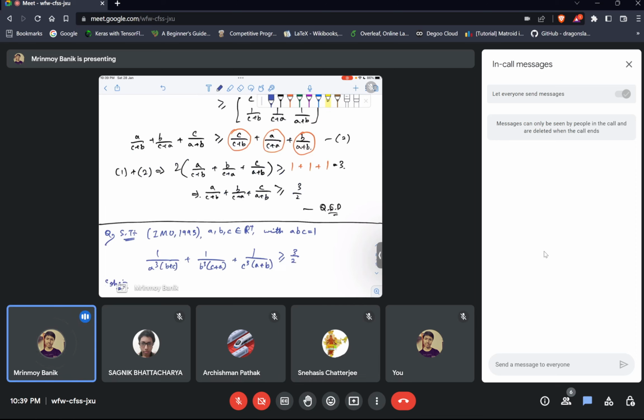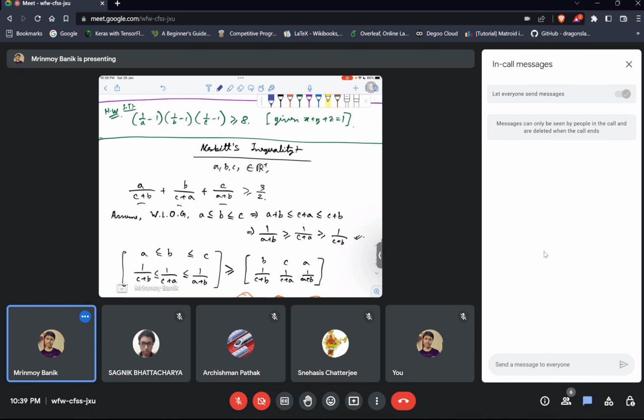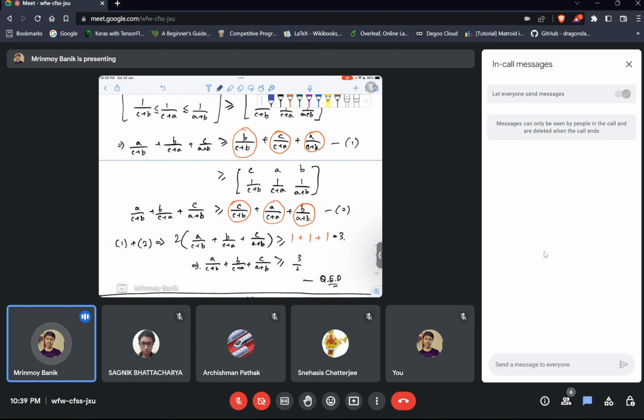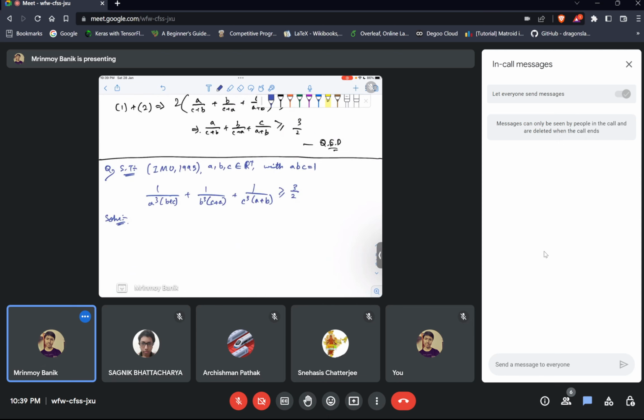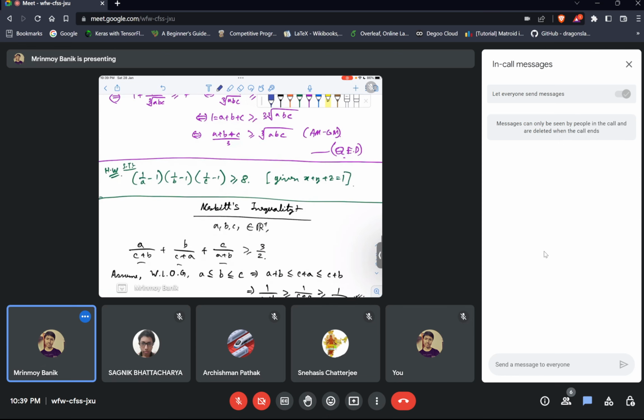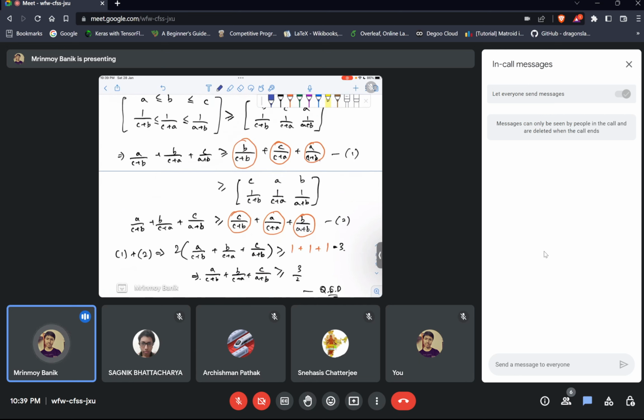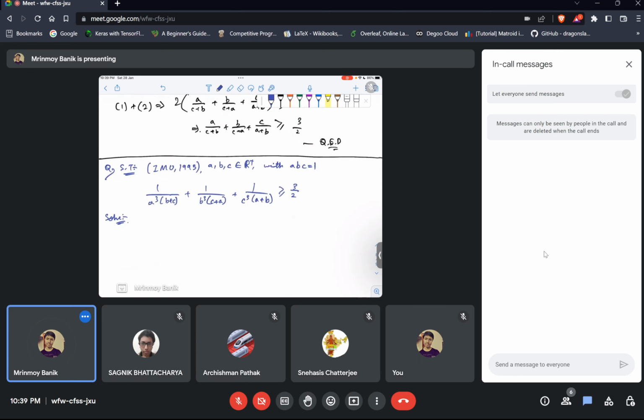Okay, so if you try to use Nesbitt's inequality here by writing it in this form, you might face some difficulties. So I couldn't do it actually. Like I tried to write it as